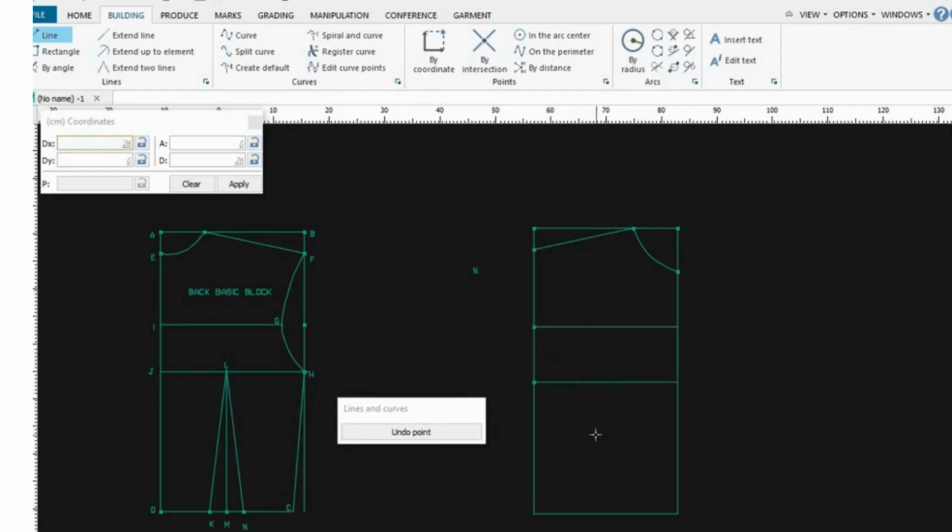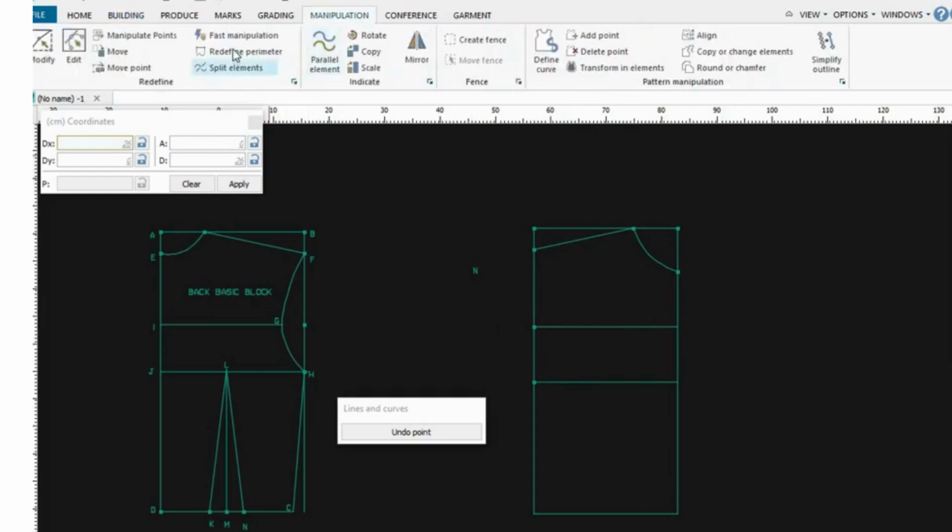So I hope that is clear so far. I think it's quite easy enough to follow. Now let's do the measurement of the chest line. So go to manipulation, redefine parameters, put the measurement of the chest line. You put the measurement of the chest line, and once you have done that,